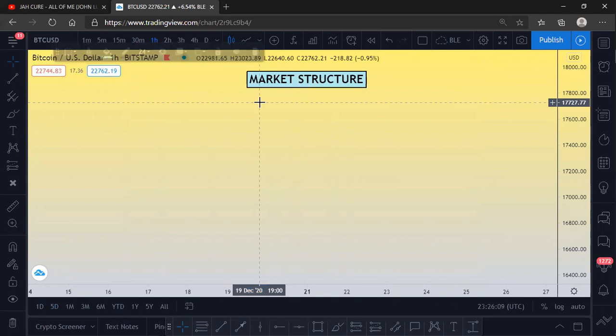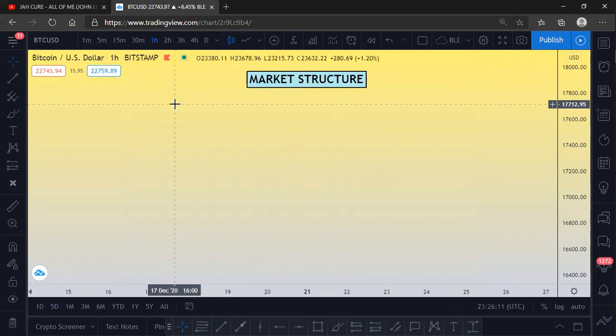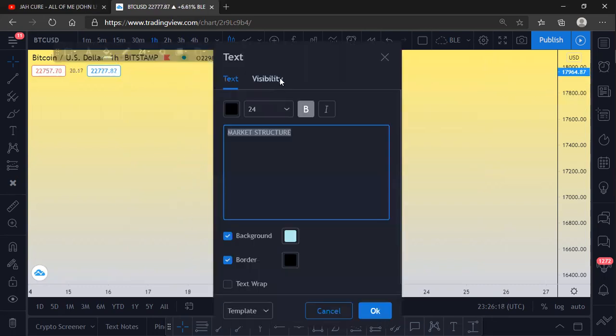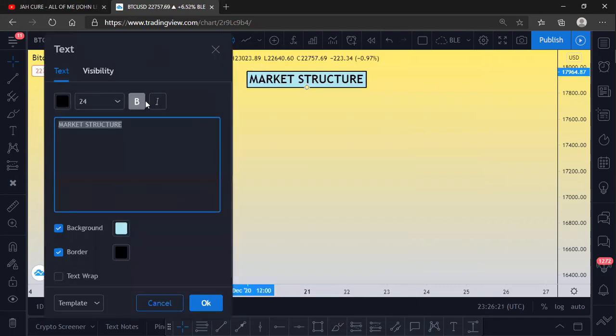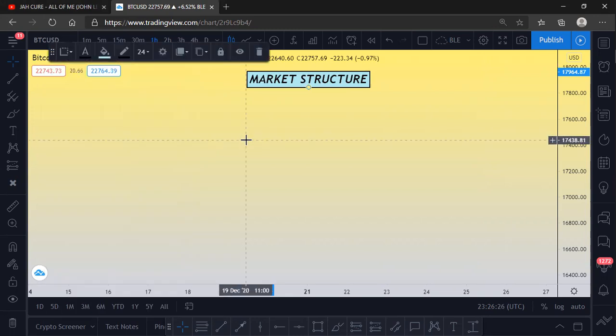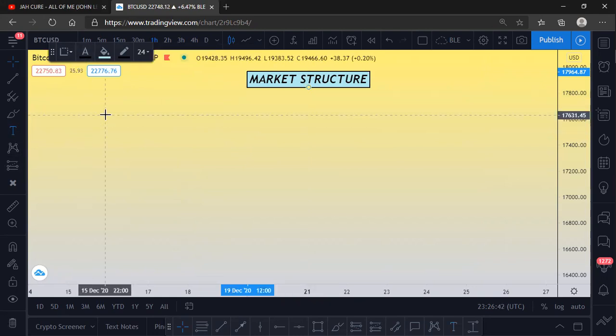All right. So we have three types of market structure, right? Can you tell me? Do you know them? I don't think I know them. Okay, it's what you know, but maybe you don't know their names. We have the uptrending markets, we have the downtrending markets, and then we have the consolidation, right? I know you know it, but maybe you just don't know that's what they are called.